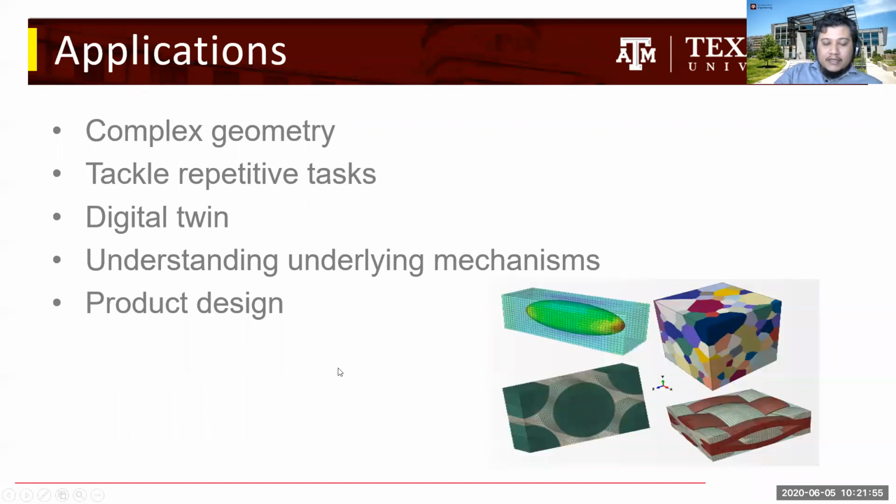Another application is, as I just said, that there are certain scenarios where it is not impossible to measure things experimentally or in the real world, but it is pretty tedious, takes a lot of resources, and is a bit harder. So another way we use FEA is to do RVE analysis, which we'll be doing today. RVE stands for representative volume element. What a representative volume element is, is that we have a bulk material, and we know that some phenomena occur in it, and we know the far field